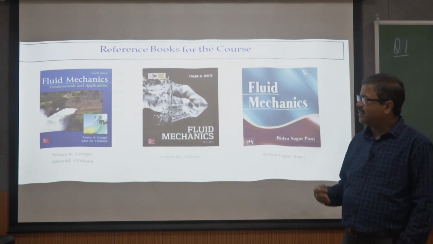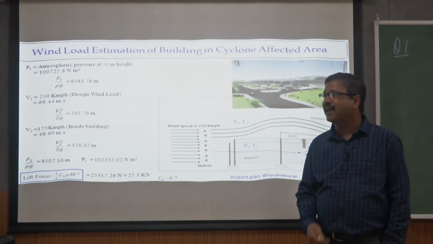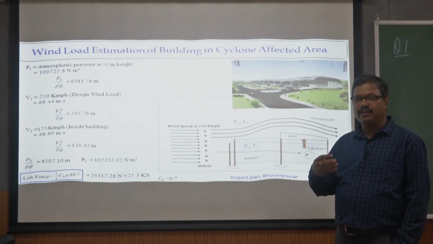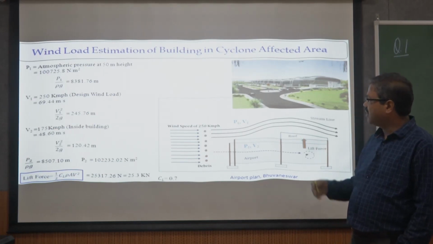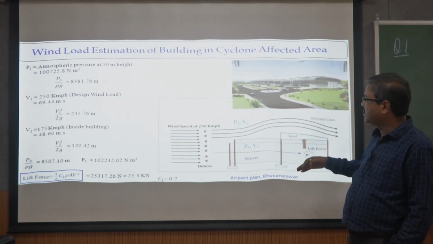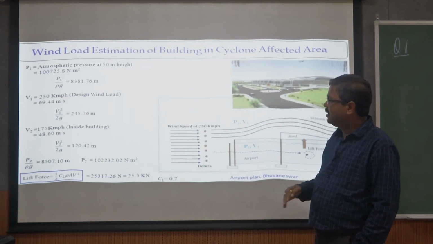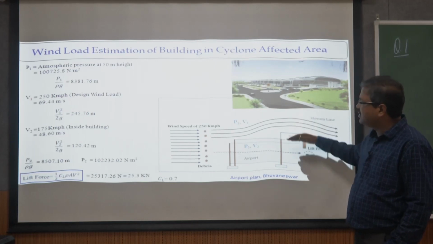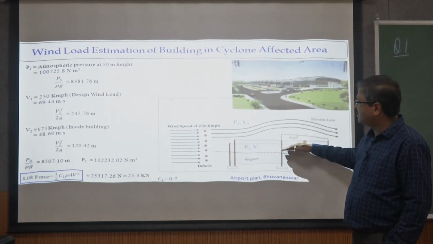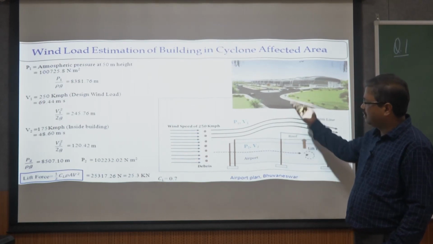We start with real life example problems. Today let us start with a real life problem like estimating the wind loads of a building where the cyclone effect is more disastrous. For example, if you look at the airport locations in Bhubaneswar and the cyclonic speed of 250 km per hour, you can compute what will be the pressure difference between the upstream outside area as well as inside the airport, and that pressure difference will uplift the roof of this